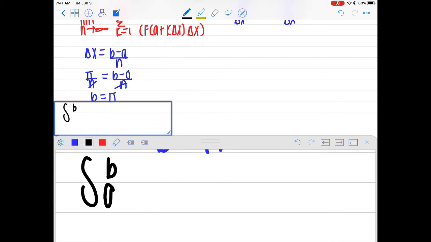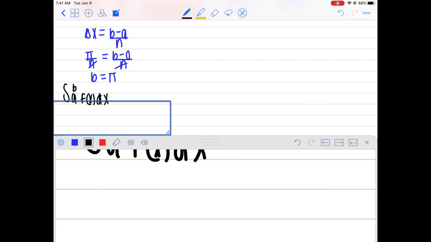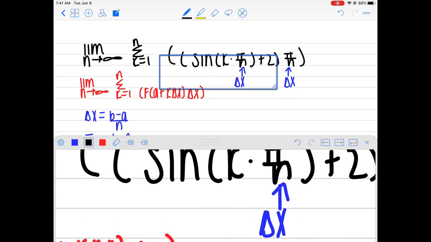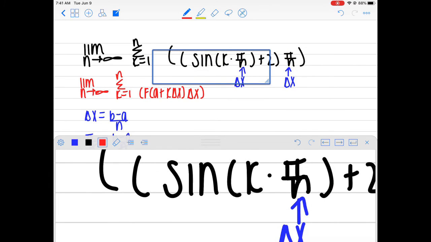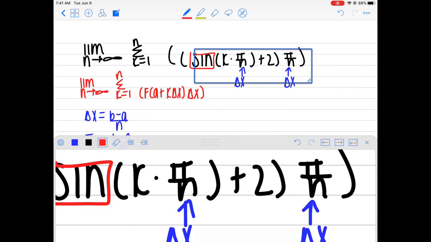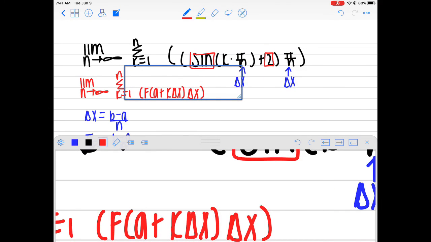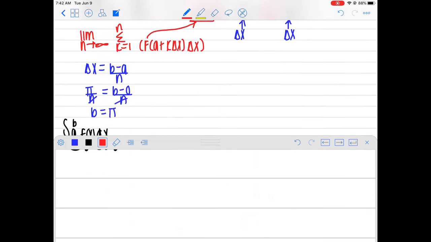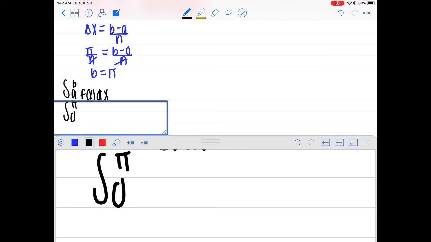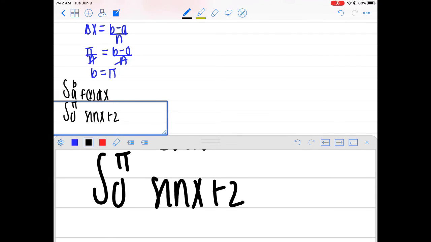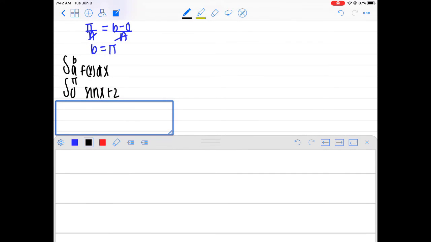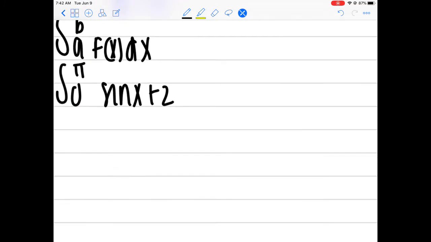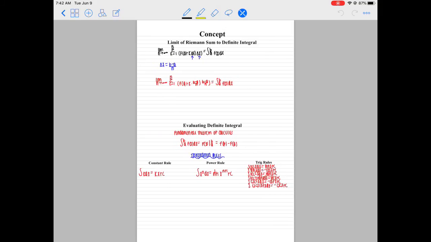Then our definite integral from a to b of f of x dx, and the bounds are going to be from 0 to pi. And for the function, the x value is k times pi over n. There's a sine on the outside and an added 2, which means that our function is going to be sine of x plus 2. And then we are going to take the antiderivative, and the antiderivative of sine of x,